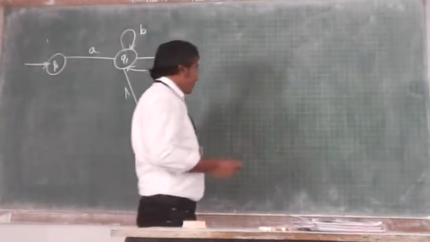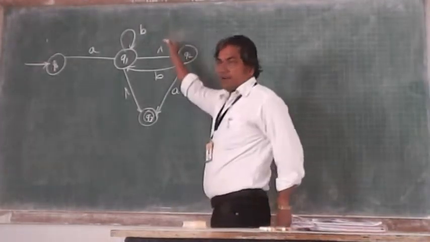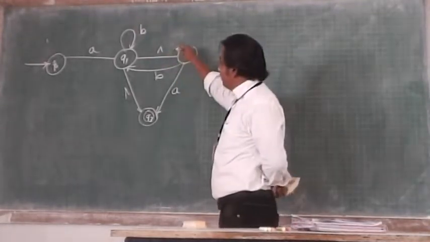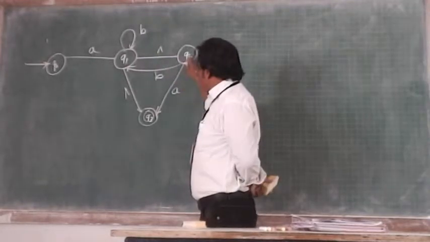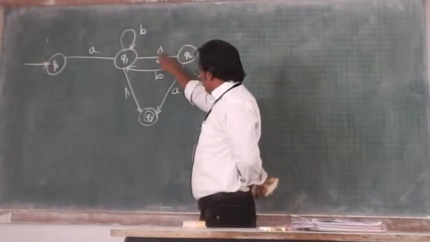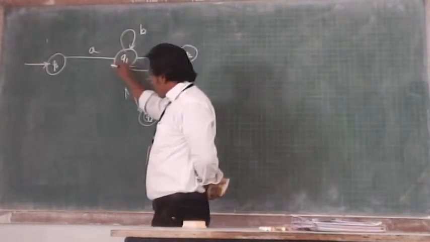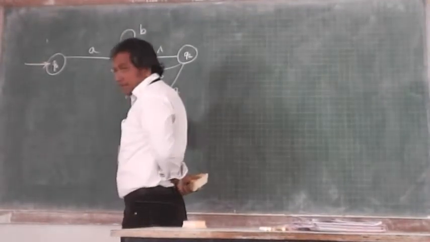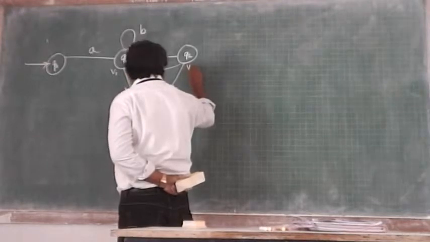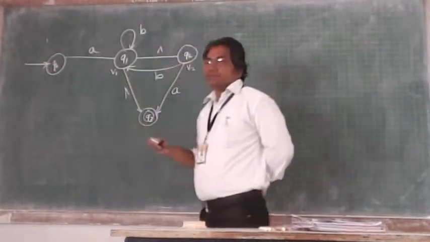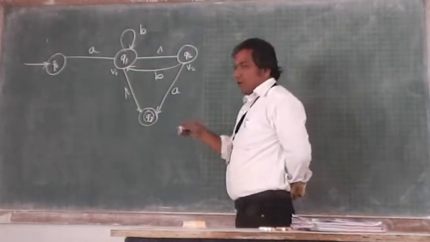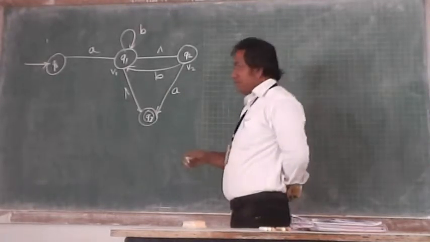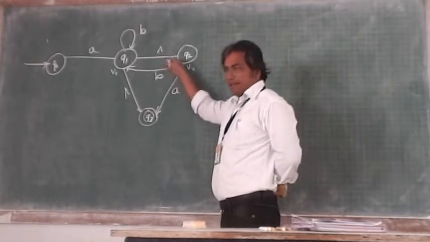What is the first step? Target any one of these nulls from this given NDFA. What is that? Q1 and Q2. In between Q1 and Q2, there is a null. So for timing, I will name this particular transition as V1 and this as V2. Okay? So then I will go for applying the various steps. What is the first step? In the first step I identify this.